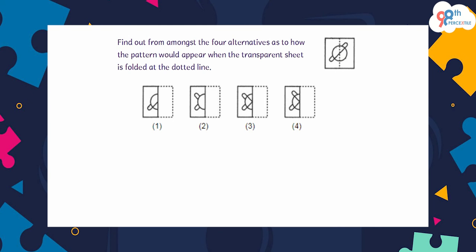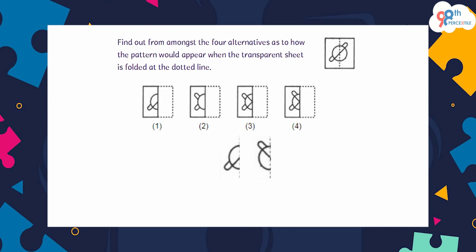So let us try to understand this. Now first of all, we have two different parts. So this is our left part and this is our right part. Now when we are separating the two parts, I'm getting something like this. Now over here what will happen, when I'm folding the paper, this right side will appear like this. Okay, when I'm folding the paper, this right end will appear like this. Now I'm going to merge the two ends, and I will get something like this.